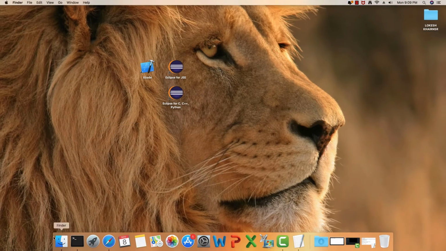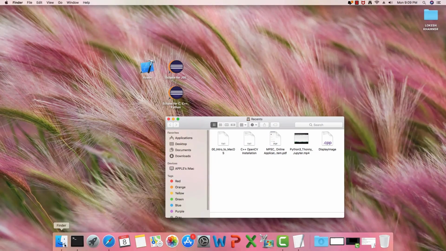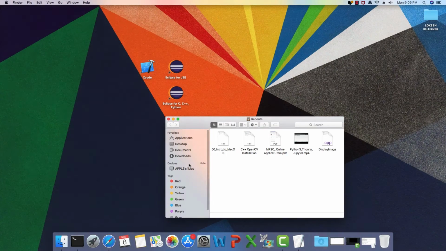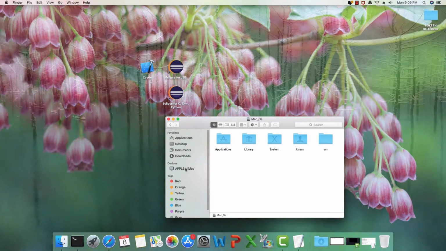All the applications in this section where my mouse pointer is, that is bottom left, are very important. So here we have a Finder program. Finder is like a file explorer. So here you can actually explore the file system of your Apple iMac. Here is the disk, and you can go to all the directories.